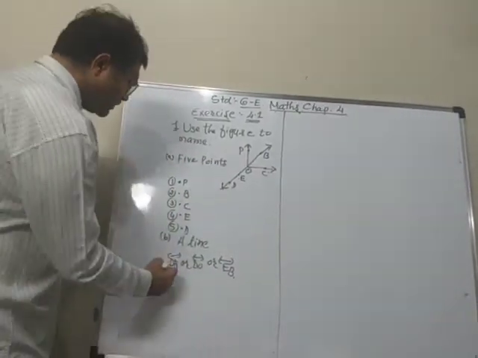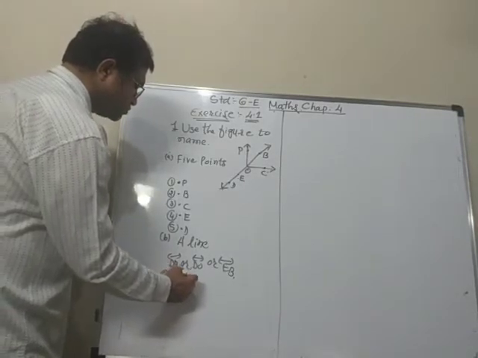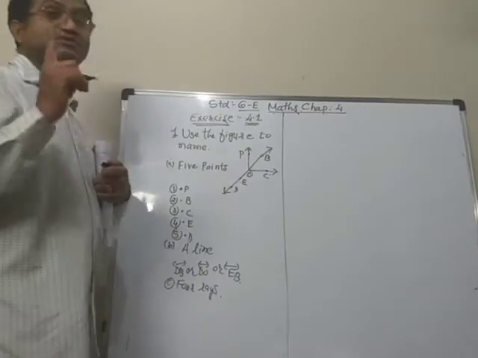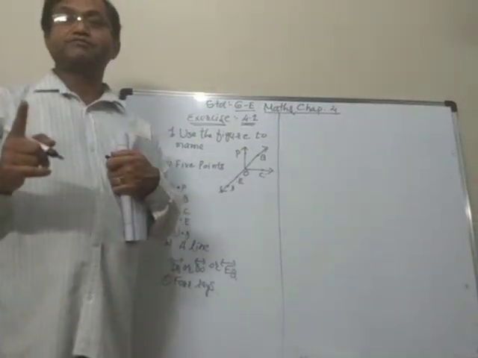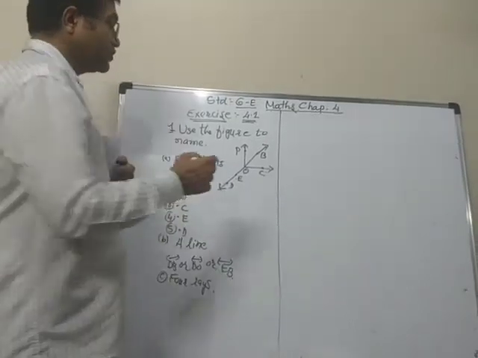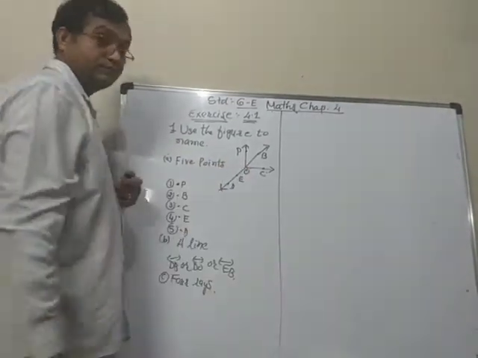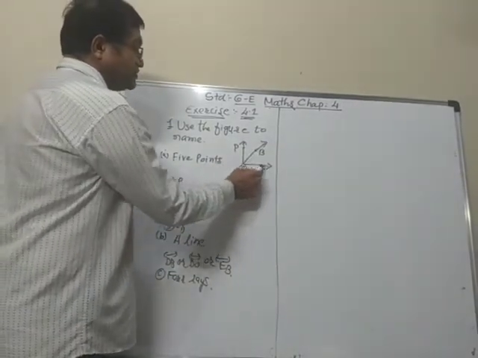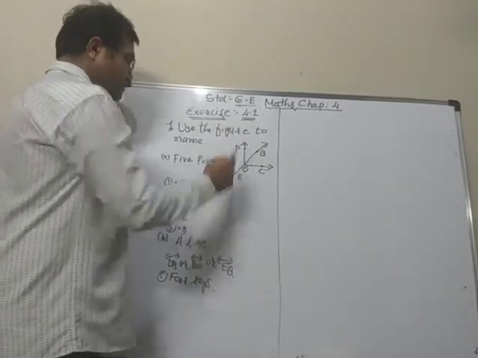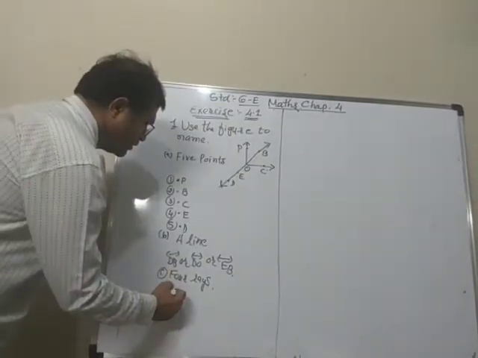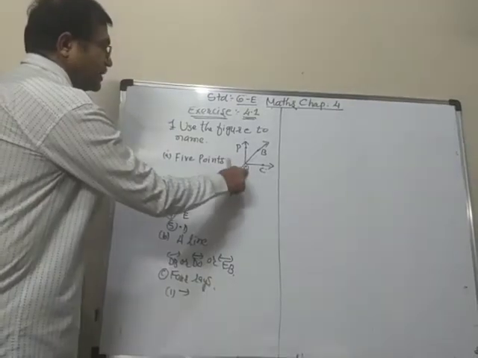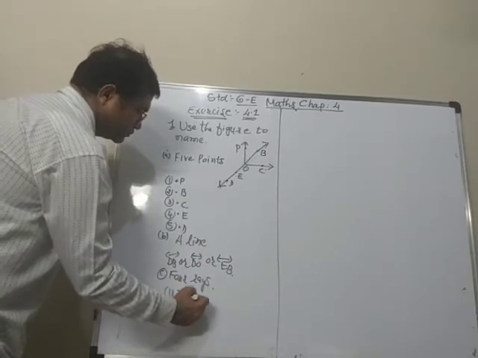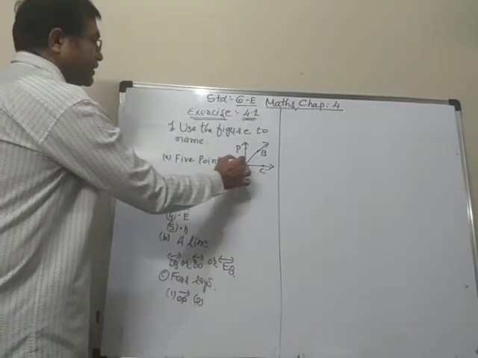See, 4 rays. Now we learned about rays also, meaning one starting point and going in one direction. So you can see here, from the point O, the rays are going. This is the ray, this is the ray, this is the ray, and this is the ray. So we write down all 4 names. The first one is the ray whose starting point is O, so OP. The second one, you can write down OB.